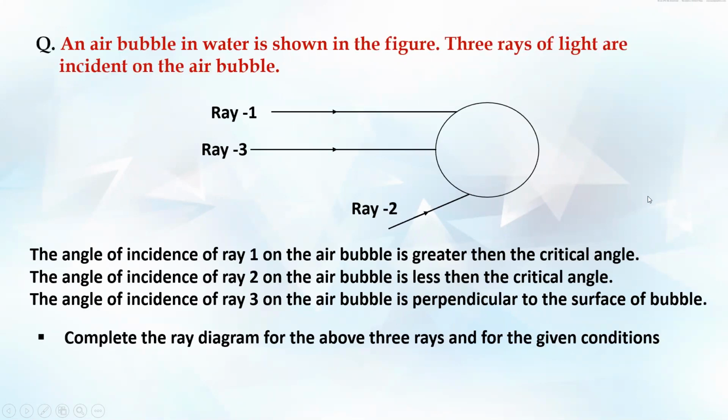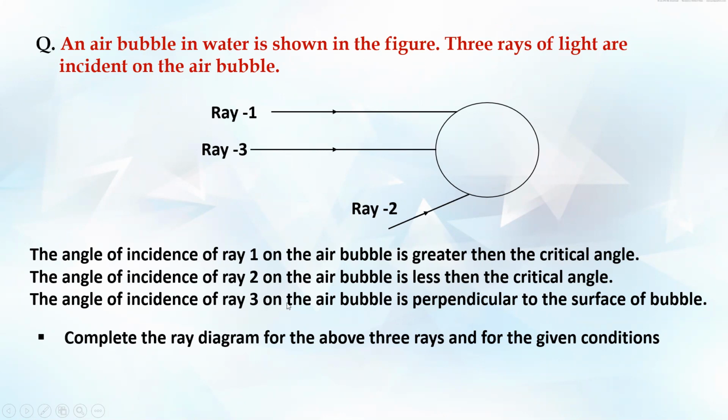So this is the last one. So once this is done, we are going to stop this. So read the question carefully. Pause the video, read the question carefully. Three rays are given: ray 1, ray 2, ray 3. Ray 1 is hitting the air bubble at an angle which is greater than the critical angle. Ray 2 is less than critical angle. Ray 3 is perpendicular. I guess the third one is easy. Something goes perpendicular, it goes straight through without bending. Since it's acting as a lens, it will go straight through it.